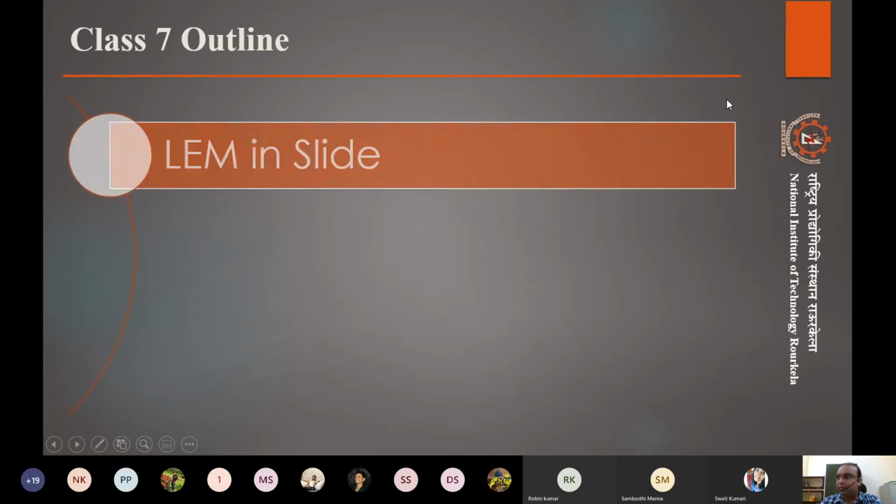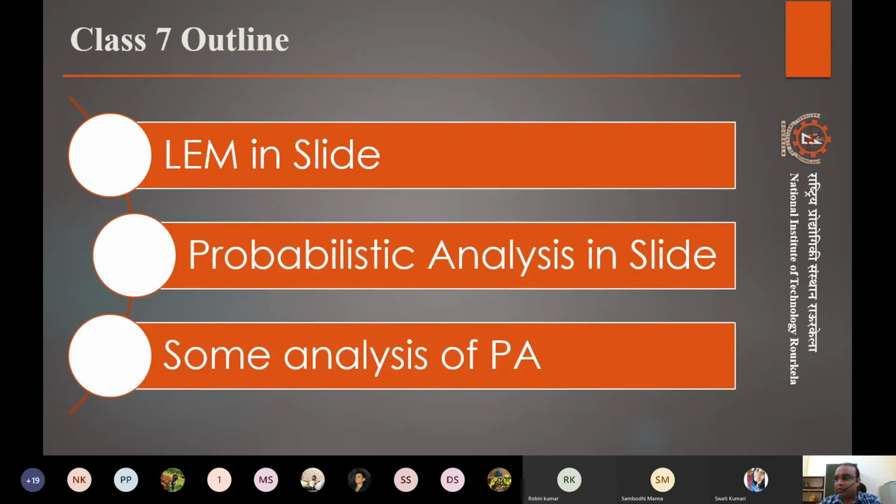So we will be covering some of the basics and some analysis part, that when we do the probabilistic analysis, what parameters we put and what type of analysis we can